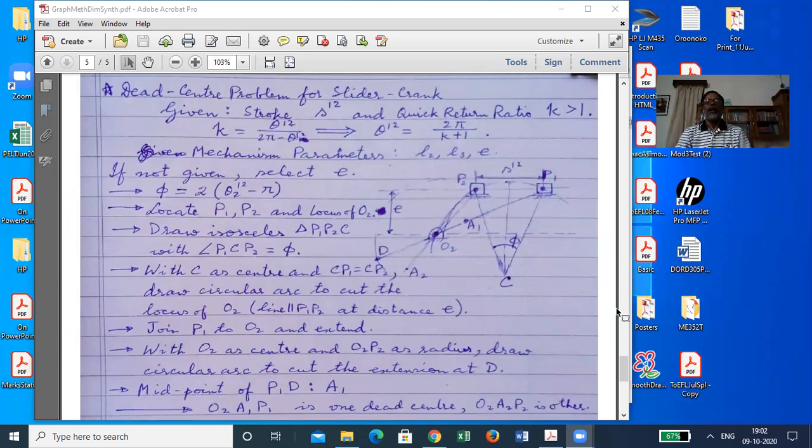okay. So in the dead center problem, all that you have to do is to coordinate the stroke of the slider. I should have told you that I am showing you the dead center problem for slider crank, not for 4R. For a four-bar linkage, the dead center problem turns out to be quite complicated. The book has it,